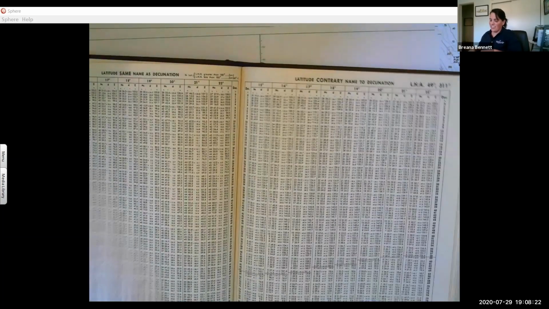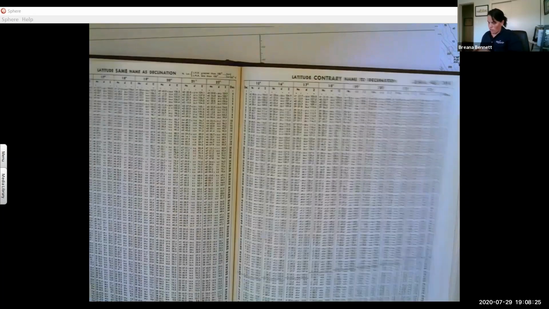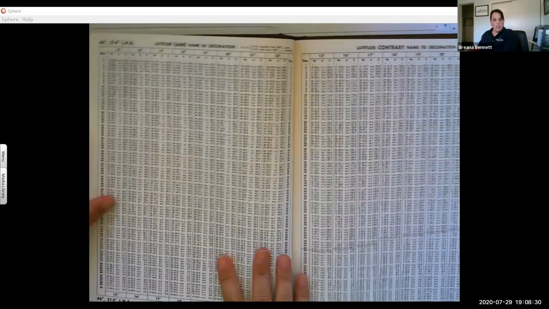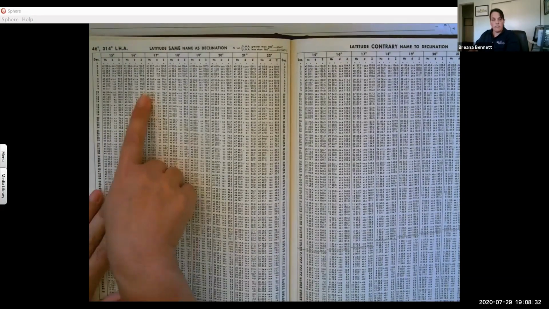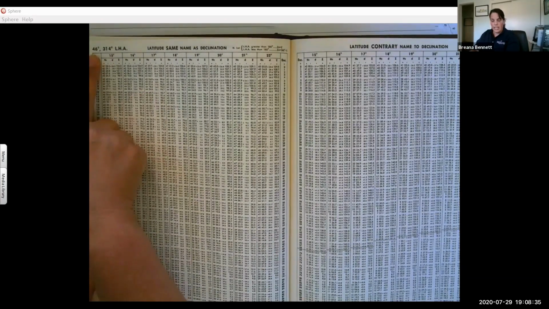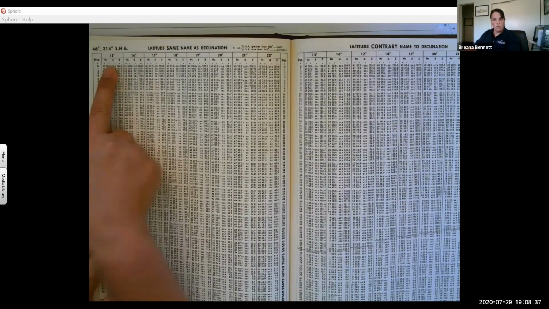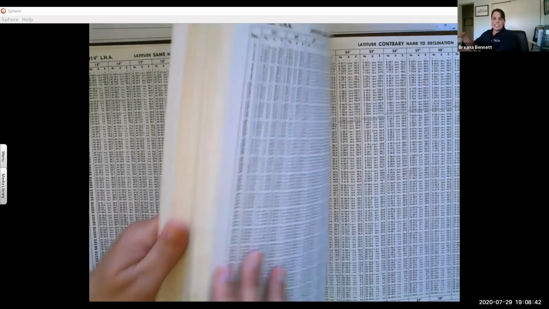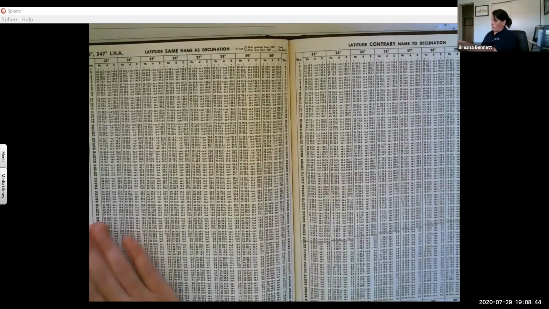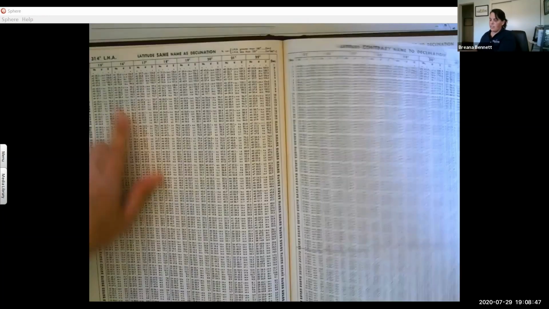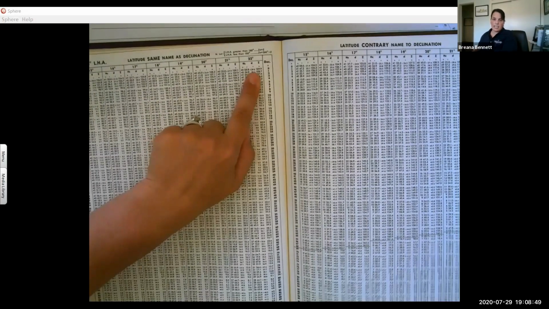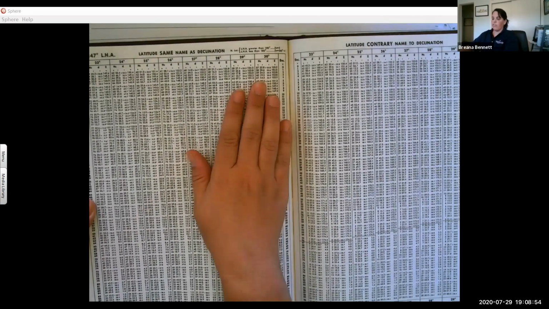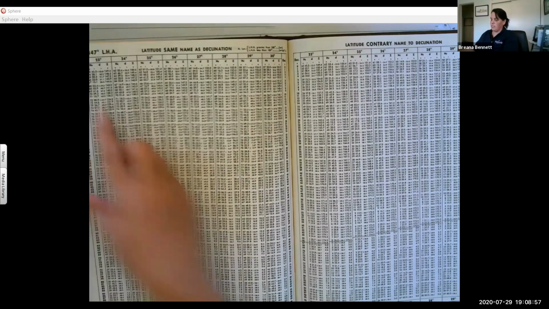What I wanted to say, this is an old book, but I'm pretty sure it's the same here. I have 46 LHA for 15 to 22 degrees. So if I'm at 23 degrees, that's in the second half. The first half of the book is 15 to 22. The second half of the book is 23 to 30. So if you find your 46 LHA,